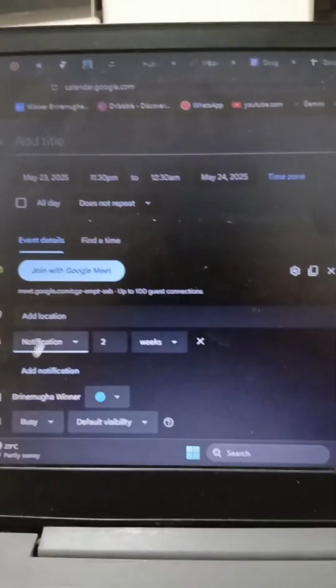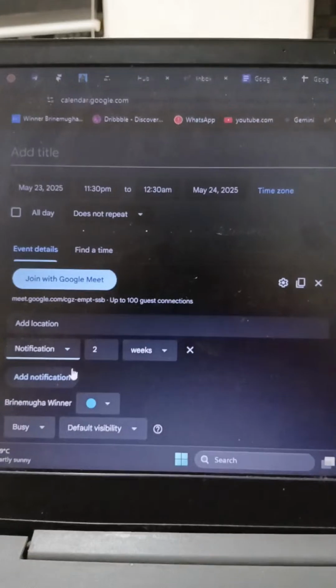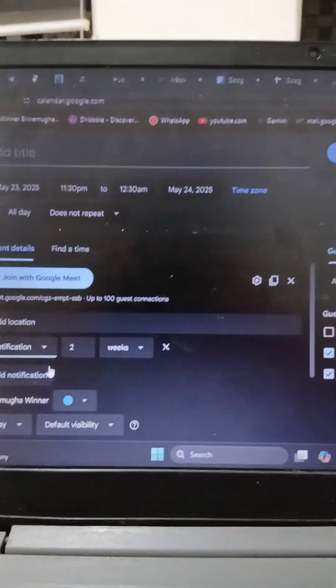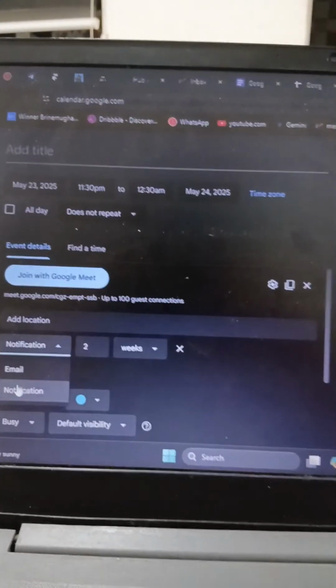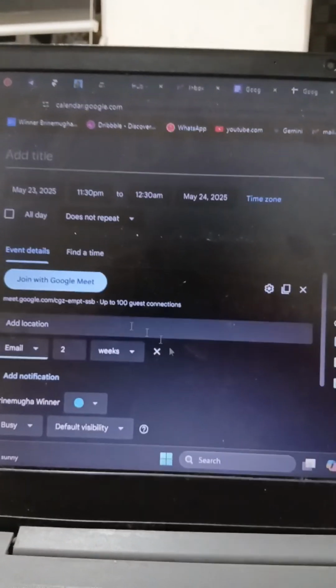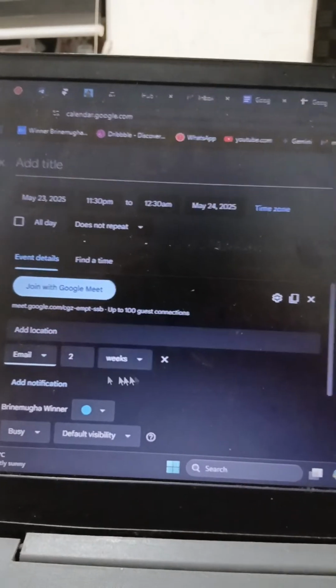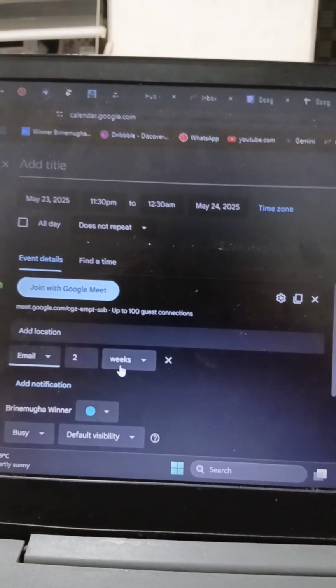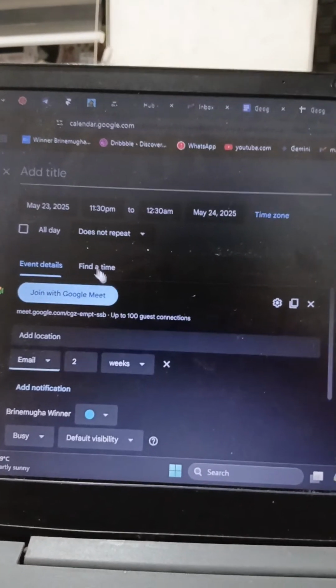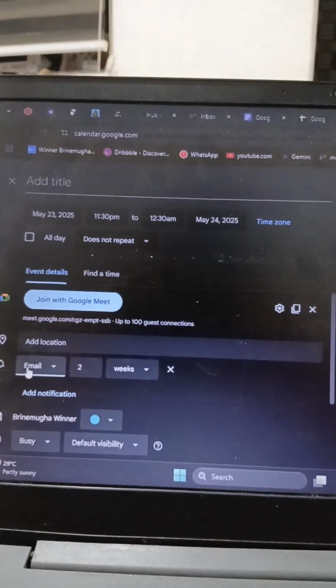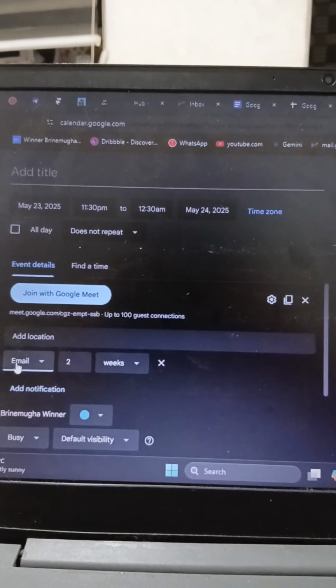Like now it's set to notification, so it's going to pop up as a notification or as an alarm for whichever guest you're adding to this. But if you set it to email, with the time you set, for instance, this is 2 weeks now, 2 weeks to whenever this date is, it's going to send an email to the guests of this